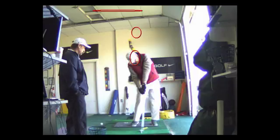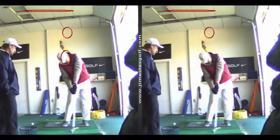The other thing I'm going to have you do is place a glove 6 inches behind the ball, or a head cover, and practice taking a divot. I mean, hitting the ball without hitting the glove and trying to hit down on it a little bit more. Okay. But it's very clear here there's just too much hang back for a short iron, that's all. Yeah. That's why you've got a little bit of a picking action, which isn't bad. So, as I would say to you, here's a little...